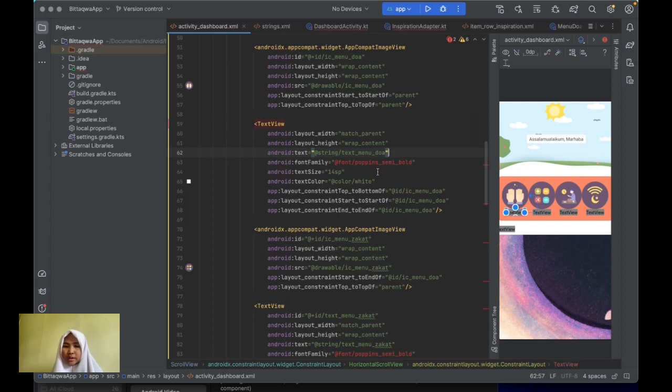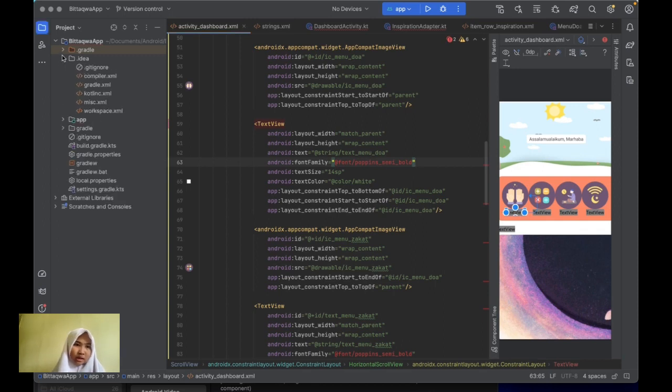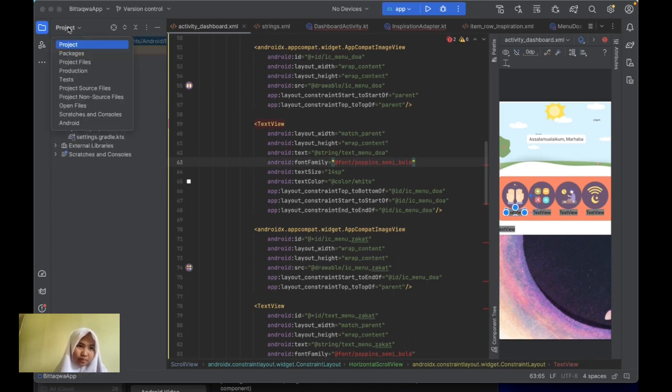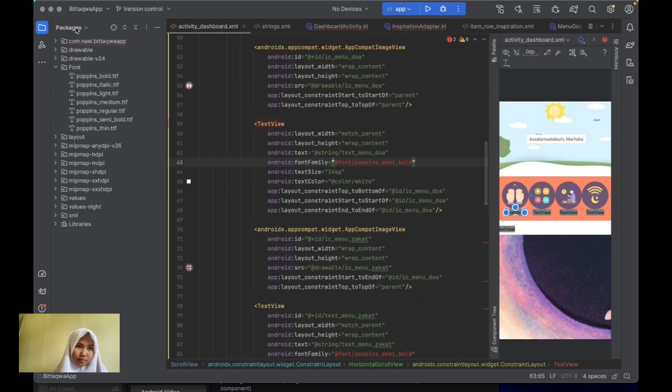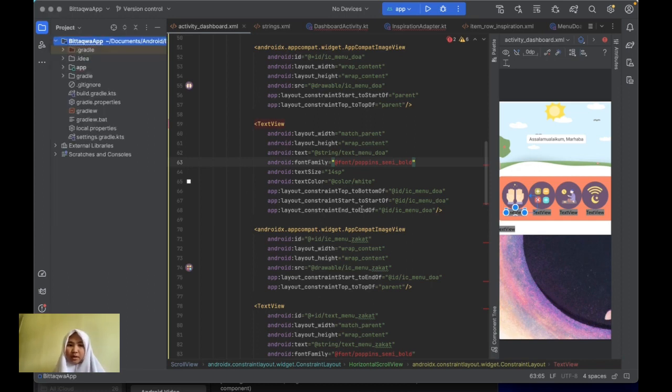and then we give the font family, which is for changing the font. The font is Poppins SemiBold. We already added this font in here, guys. Wait. This is in font, this font. If you want to add some font, we must put it in the font package first. All right, and then we give the text size, 14 sp, and then the text color is color white, the white color,